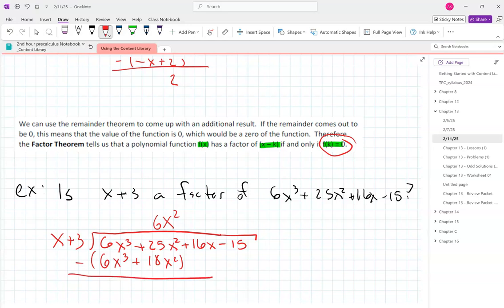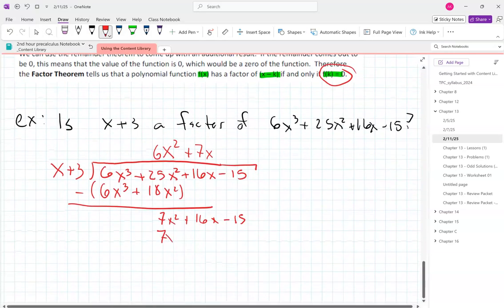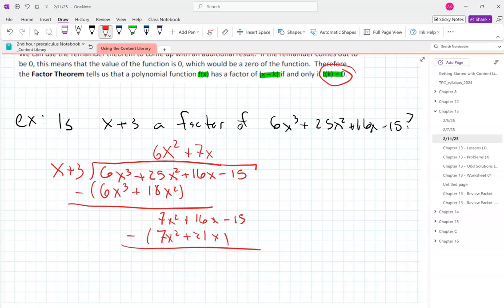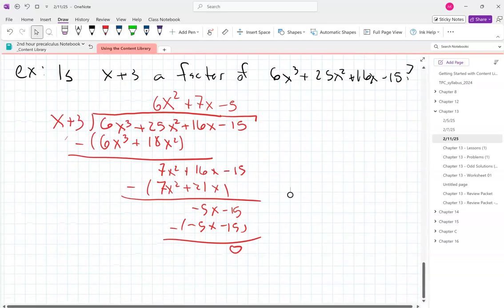And then when I subtract down, I'd say, okay, what times x gives me 7x squared? Well, that's 7x. I multiply that over, and then I subtract down. And I ask myself, what times x gives me negative 5x? Well, that's negative 5. And I subtract down, I get remainder 0. So I'd answer yes,